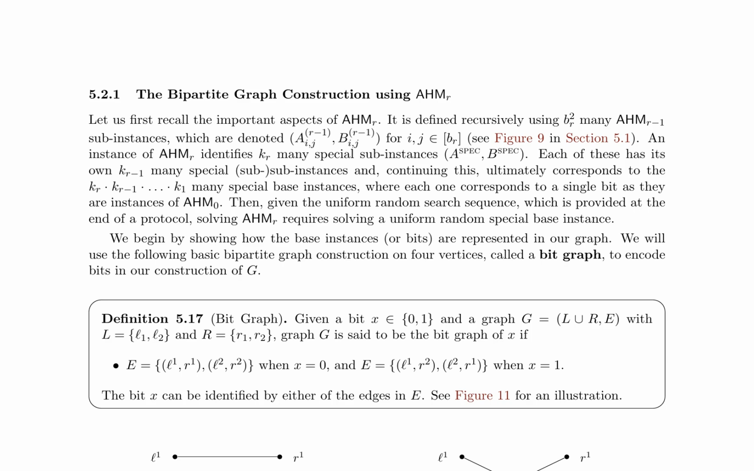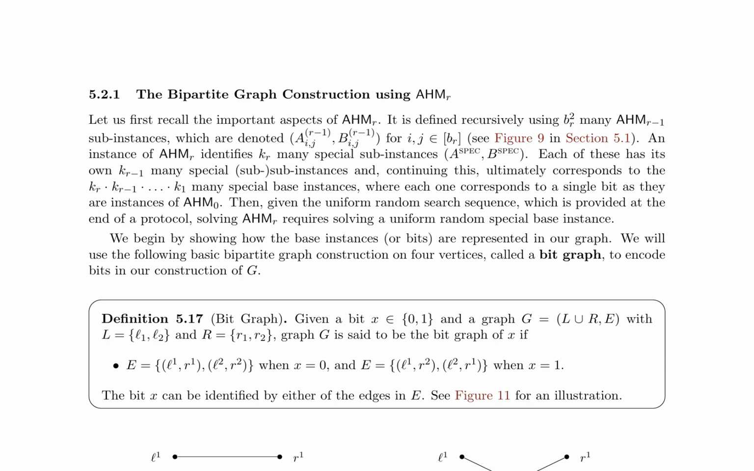To represent the base instances, or bits, in the graph, a basic bipartite graph construction called a big graph is employed. The big graph is defined as G = (L union R, E), where L = (L1, L2) and R = (R1, R2). The edges E are defined based on the value of the bit x. If x equals 0, the edges are (L1, R1), (L2, R2), and if x equals 1, the edges are (L1,